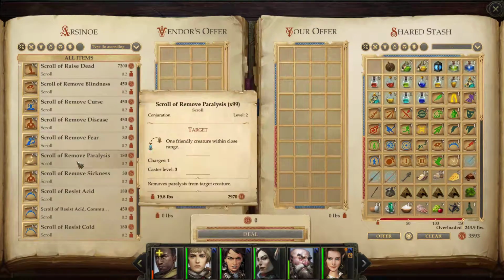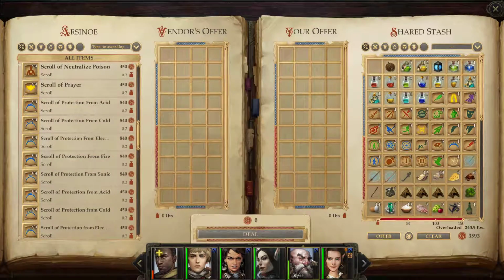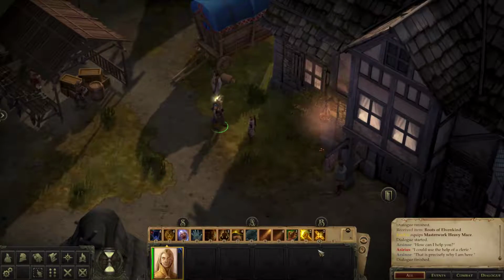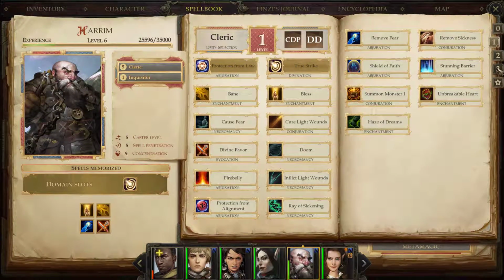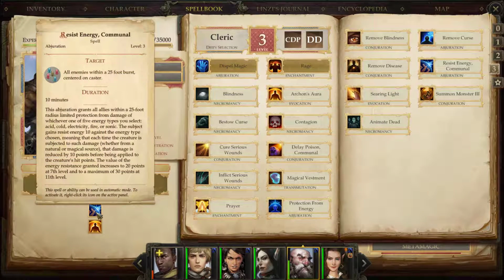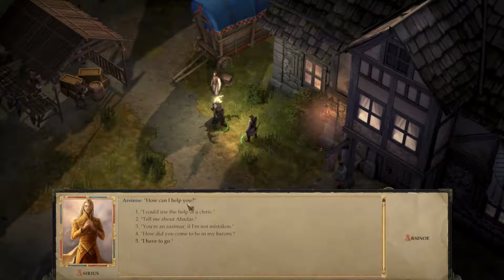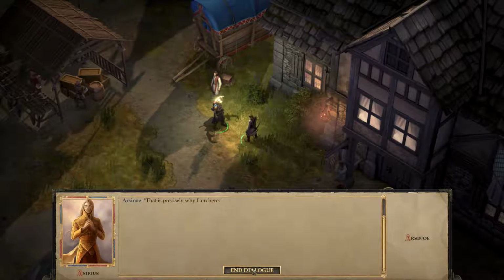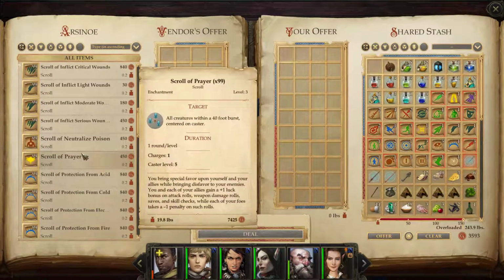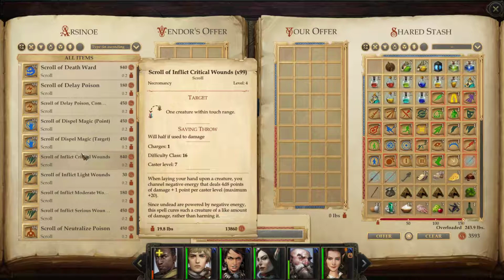No. I think Harem has protection from energy, right? Communal. Oh, that's resist energy communal. Okay. So I guess what we should get then is a little bit of